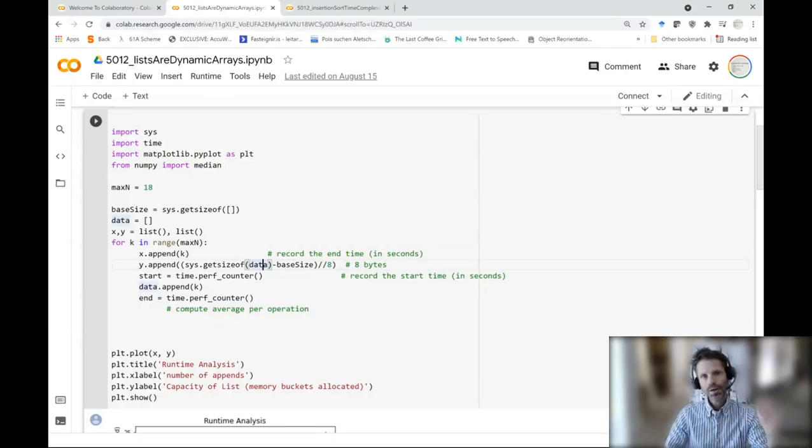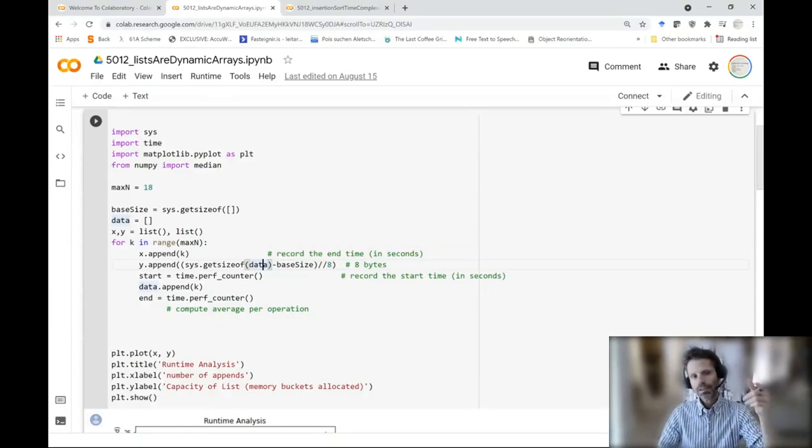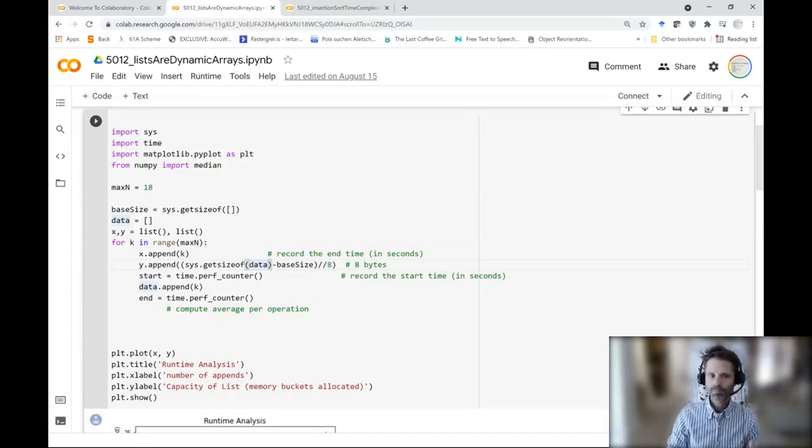Again, all of this is done behind the scenes, and all of this extra copying will affect time complexity and runtime. So it's important to know this, which is why if you know the capacity of your list, or the maximum capacity of the list that you're going to be using, it's a good idea to allocate it all at once rather than allowing for that dynamic resizing, because all of those extra copies will take time. All right, so